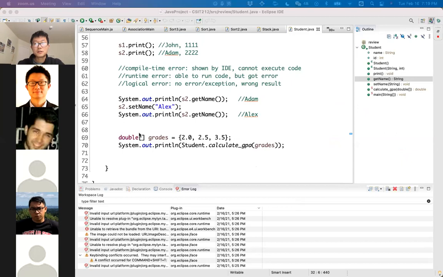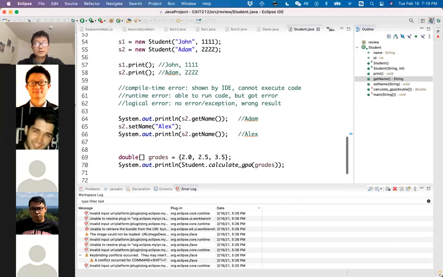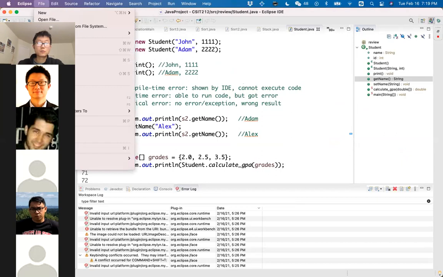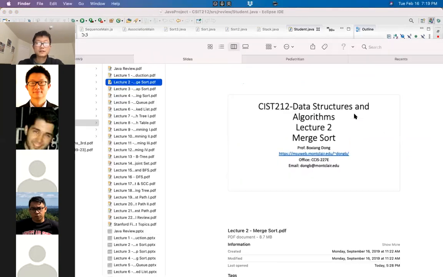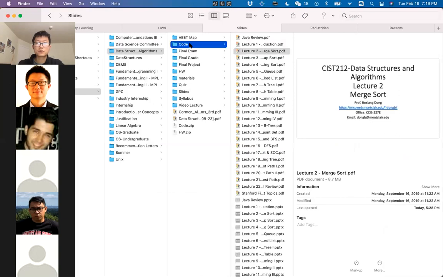Okay, here I want to show you, especially some of you who are not very familiar with programming in Java, how to start your homework. Previously, if you go to Canvas, you should be able to find the pseudo code that I provided for you.